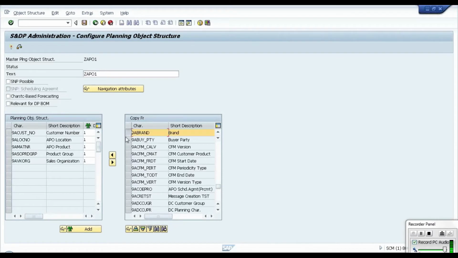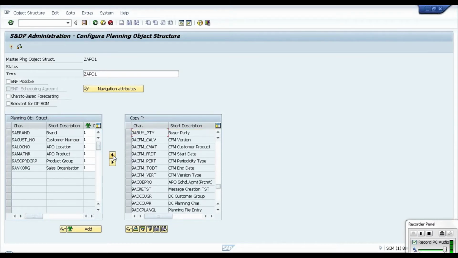Yes, 9A brand I will take. Whatever characteristics we have selected here, you can observe those are nothing but a product or location hierarchy only. Either it will fit somewhere in the product hierarchy or the location hierarchy.